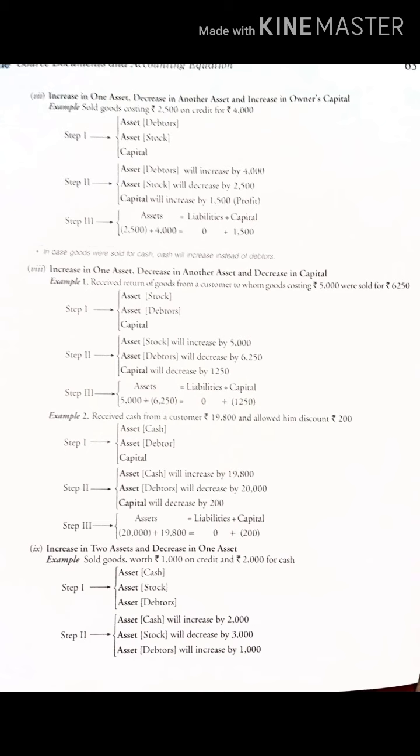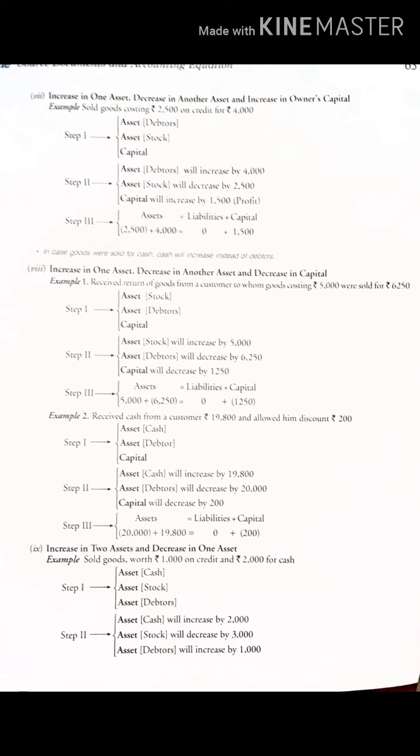Now who all will be affected? First, cash. Why? Because we have received cash, right? Second, debtors. Who will pay us? No doubt debtors will pay. So these two are assets. Now third will be capital. How will capital be affected? We have offered discount to our debtors. Discount means giving them a concession, reducing the amount, profit cost. So when I have reduced my price, when I have offered them discount, that means automatically my capital is reduced.